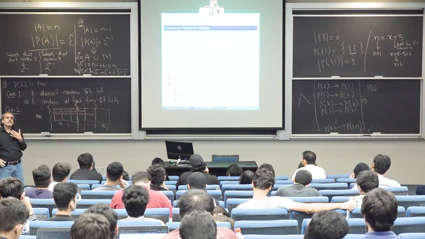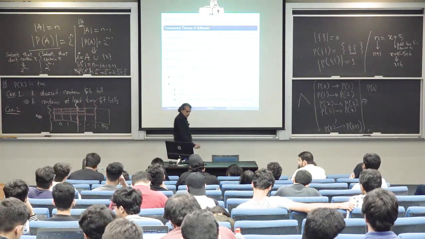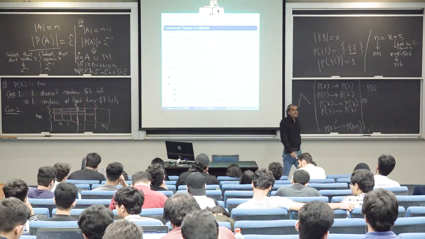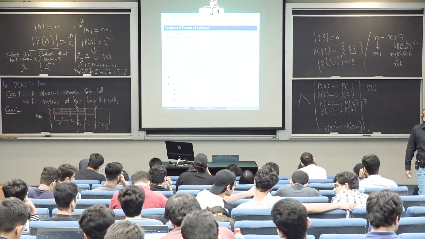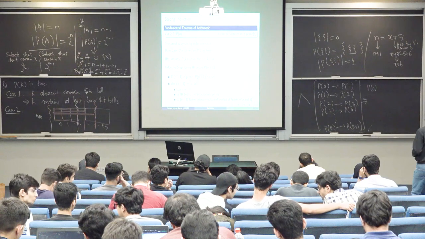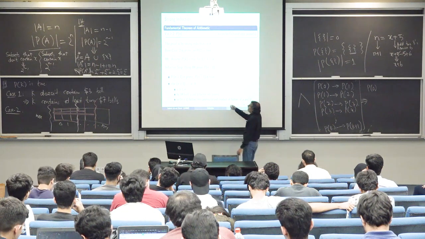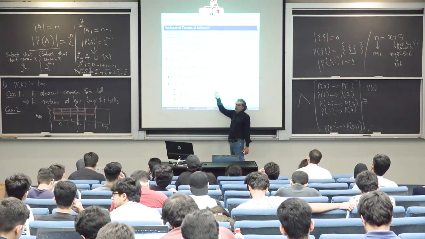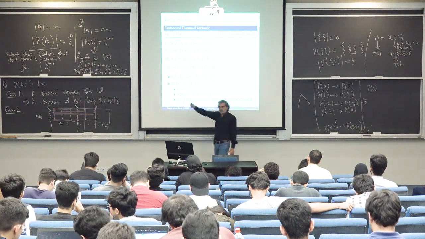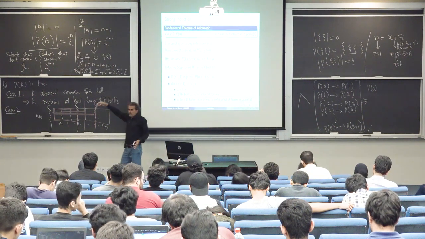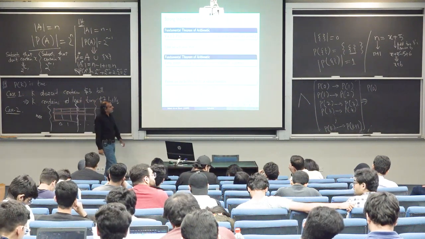Take a moment to absorb this, and if there is any question we can address this before we look at the last example. So let me try to say it again, right? The only difference between the previous way of proving things using induction and this one is that over here we are using all previous results. In the previous version we are only using the k minus 1 result. Or you can use k minus 1, k minus 2 too, anything smaller than k, something between 1 and that number itself.